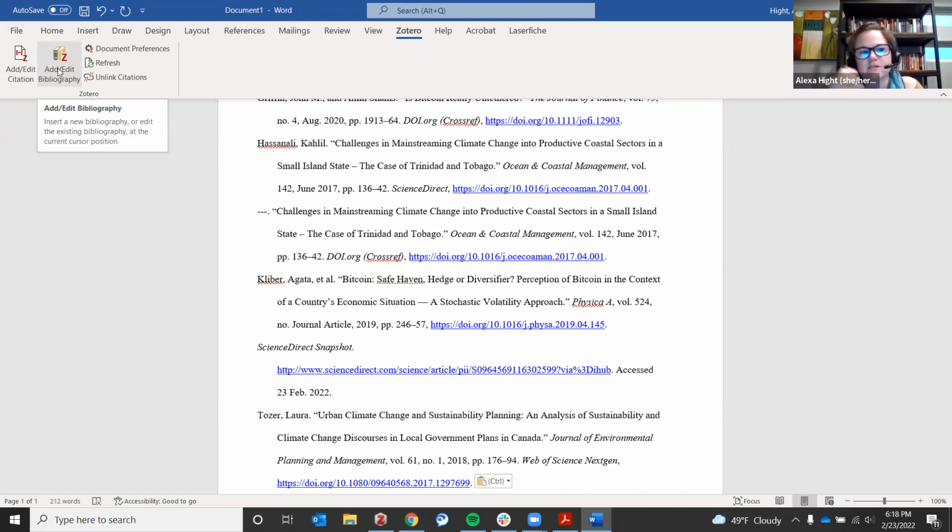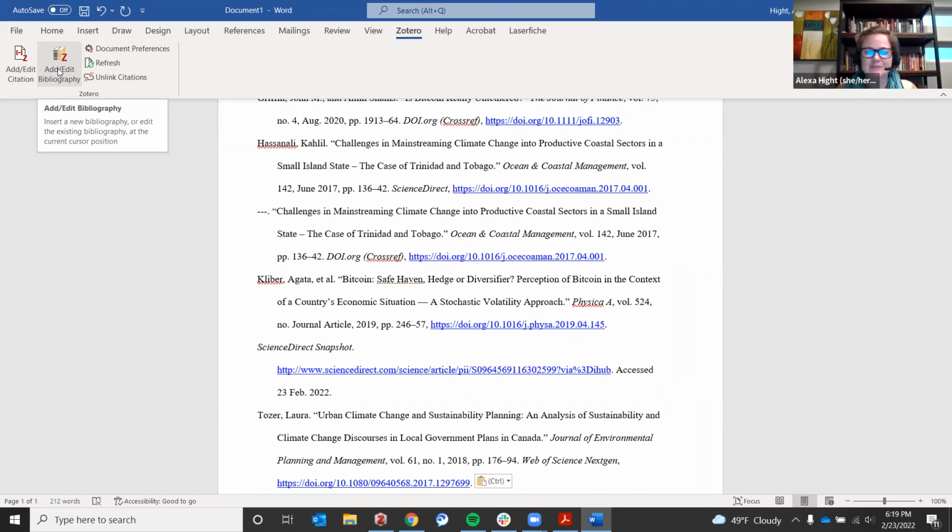But through TAMUCC, you should have access to all things Microsoft. And then the other thing that professors have pointed out to me is that it's not so great with track changes. So if you submit an article and you get your peer review feedback, it might not keep track of it. If you're using footnotes or endnotes, the numbers can get wonky with track changes in Zotero.